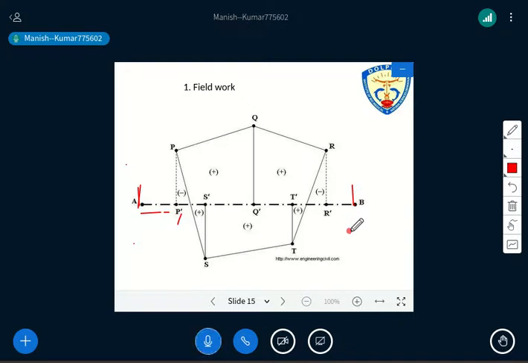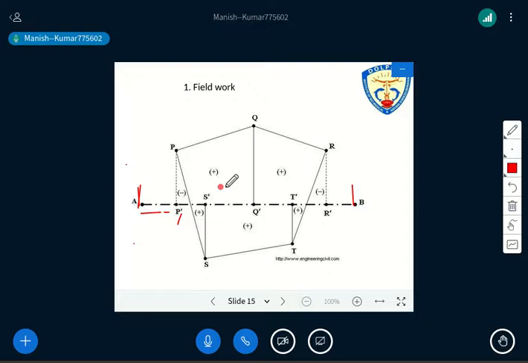Is it clear up to this point again? This procedure has been clear to all of you, right? And then after drawing everything, you have to write all the observations in the field book. I'll take one class for the field book itself, despite that it is not in your syllabus, but I'd like to discuss your field book in some other class. A field book is just one kind of diary where you note all this data, whatever measurements you are taking on the field itself, right?